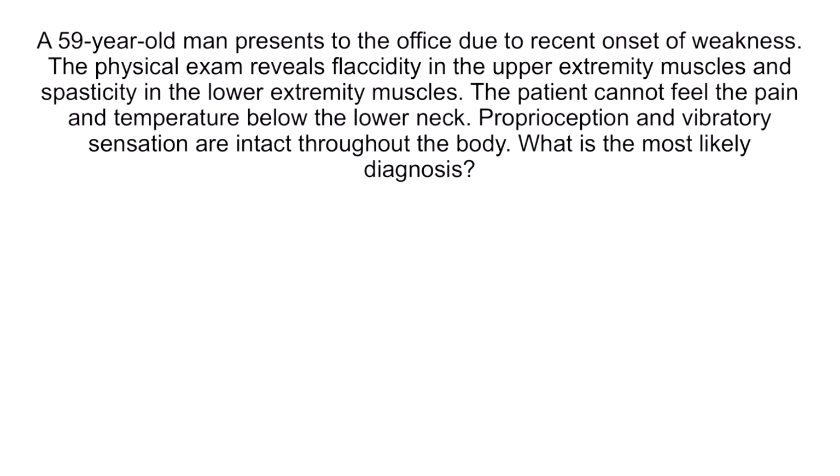The patient has flaccidity in the upper extremity muscles and spasticity in the lower extremity muscles. This pattern of weakness is consistent with the type of LMN deficit at the level of spinal cord lesion and the type of UMN deficit below the level of the lesion due to injury of anterior horn cells and corticospinal tracts, respectively. Additionally, the patient cannot feel the pain and temperature below the lower neck, which indicate damage of the